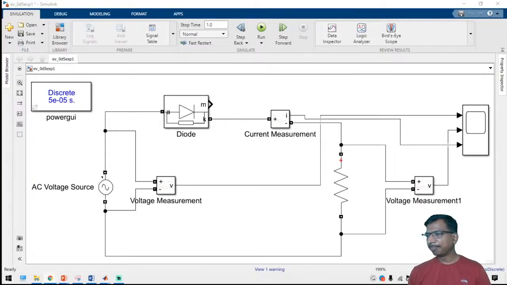Can you please give my example? What is your example, Manu? I don't know what is 360. The powergui block is a header file. So in all programming languages, you need a header file, right? So this is like a header file.